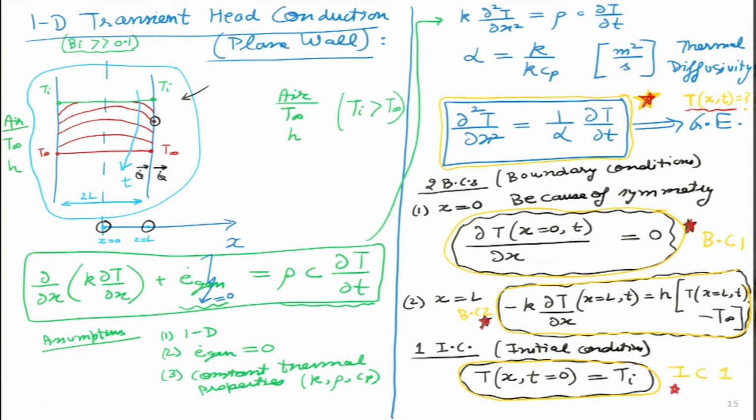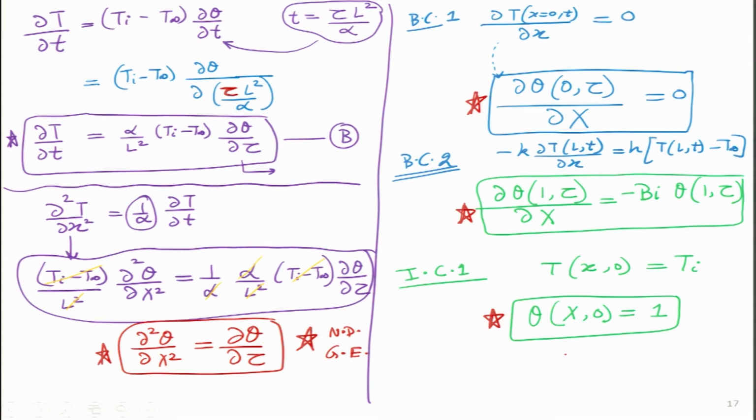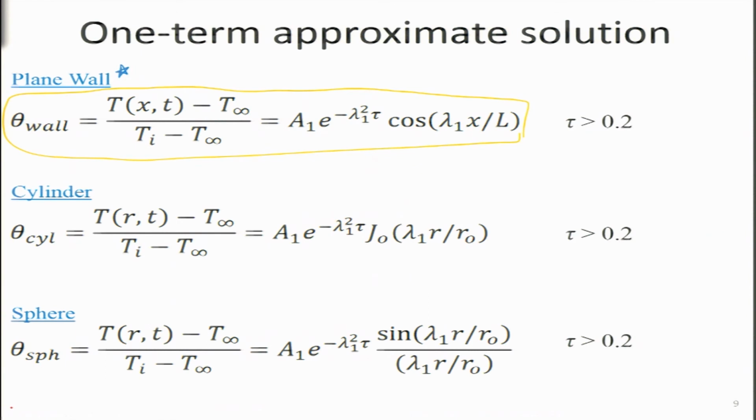Now as I mentioned earlier, because this is part of an advanced level course, I will not be performing that full solution over here. What I will do is introduce the students to the solution in the approximate form. Keep in mind that we are finding the value of theta as a function of capital X and tau. Now let us go back to the beginning of today's lecture, where I had shown some equations. It turns out that the one-term approximate solution is slightly approximate because it only works for this Fourier number. You remember tau was the Fourier number, which is kind of non-dimensionalized time.